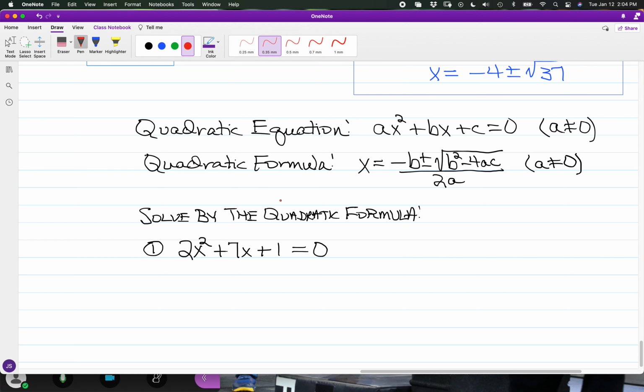So in terms of finding any solution that might exist, we take what we have to represent a, b, and c. From 2x squared, we have a is equal to 2. And from 7x we have b is equal to 7. And from the last of the trio, the constant c is equal to 1. And now with the use of the quadratic formula,